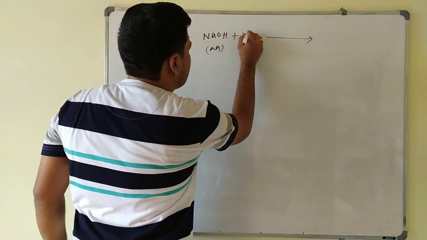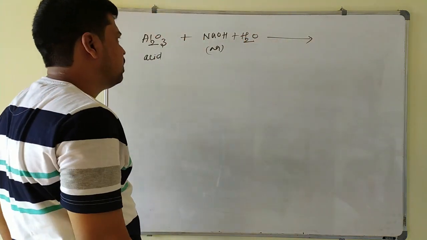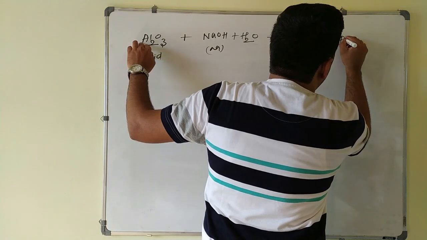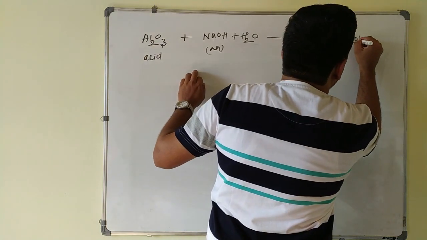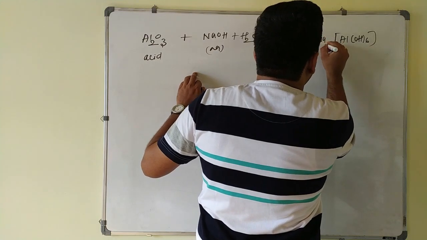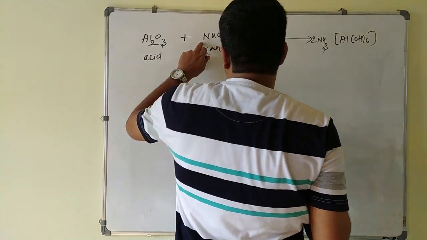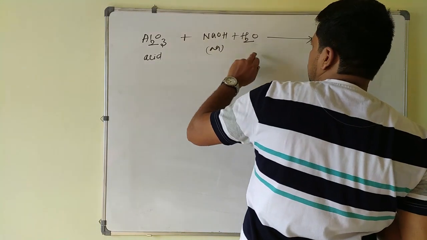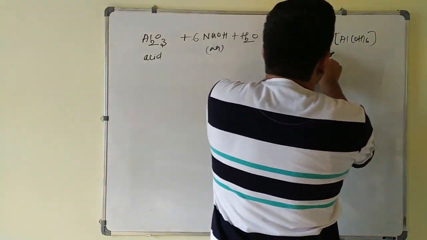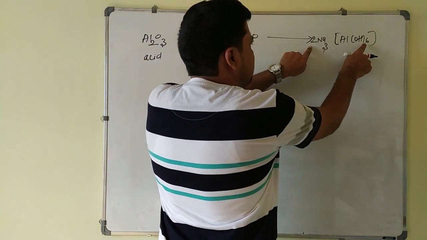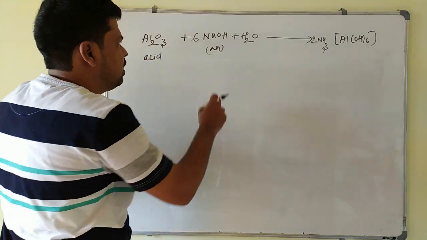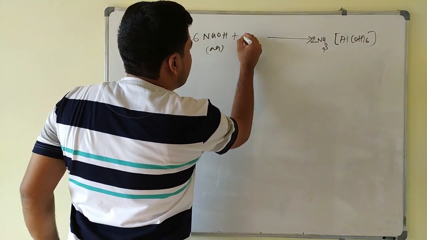So the combination of these two, now what happens here? I have to take water also because it is aqueous solution. Now it will form one complex here, Al(OH)6, and I will take 2 times of Na3. So this one total 6 NaOH I have to take here, and the next, how many OH is required here? 6 OH into 2 is 12 OH are required. 6 are present here, so that here I have to take 3 moles of water.